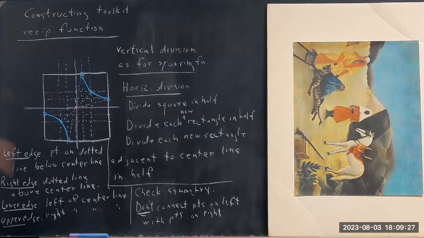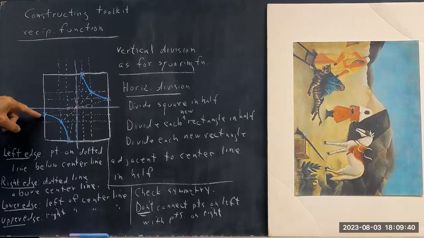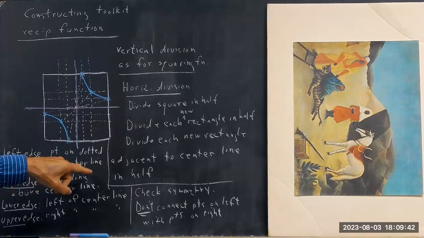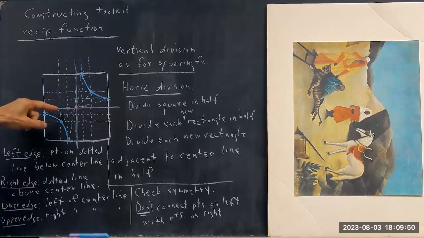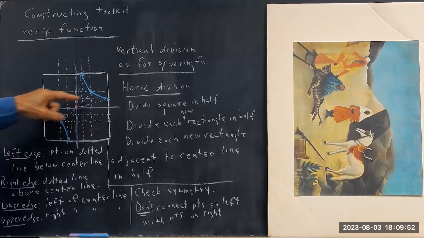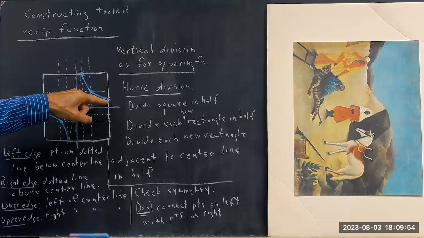But I'll say it like this. There's a point on each of the 4 edges. On the left edge, the point is going to be on the horizontal line just below the center line. The point is on the dotted line below the center line. Okay. Right edge, the dotted line is above the center line. Okay. In other words, use the dotted line above the center line at the right edge, and you have this